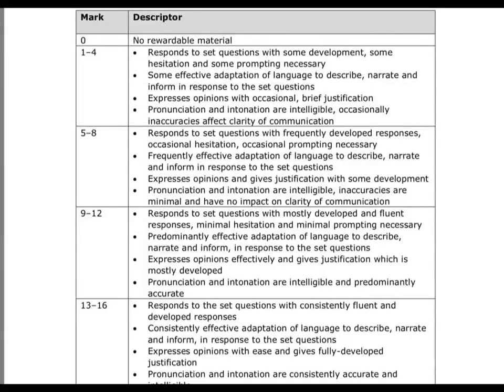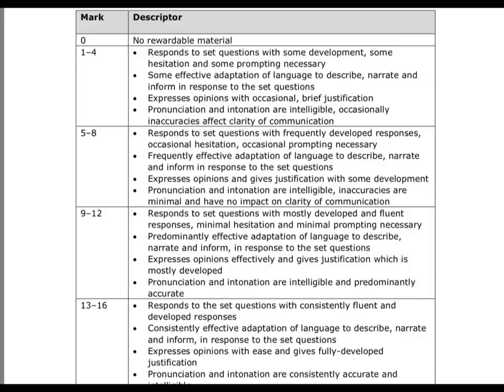Okay, so here is the mark scheme for the photo cards. So you'll see it's a bit more beefed up than for the role play. So if you've not watched the role play video, go watch that one as well, please. For the role play, it was really easy. It was 2 marks available per bullet point. For the photo card, because it's a bit more developed and a bit more of a conversation, they've broken it into 2 sections. So what you can see on the screen now is there are 16 marks available for content